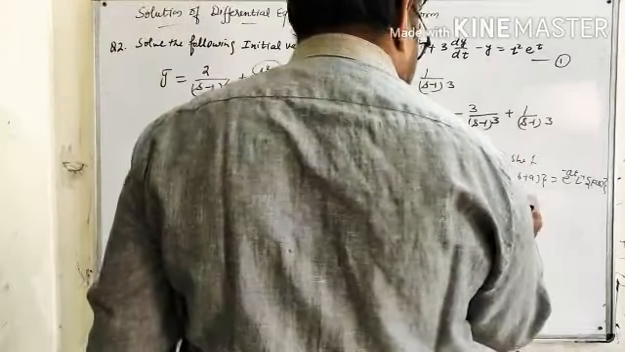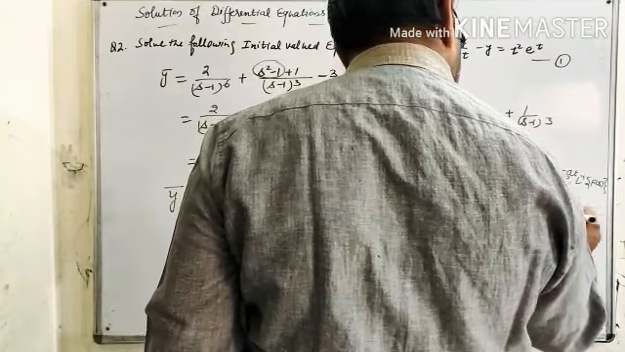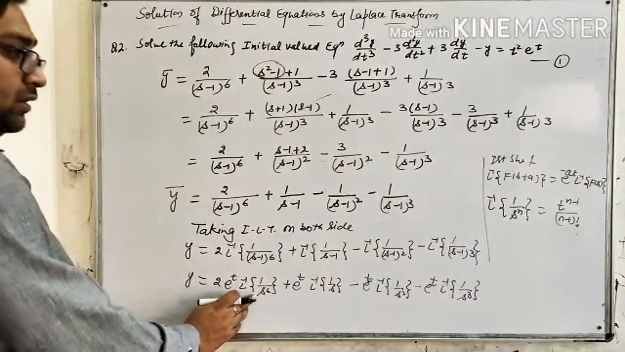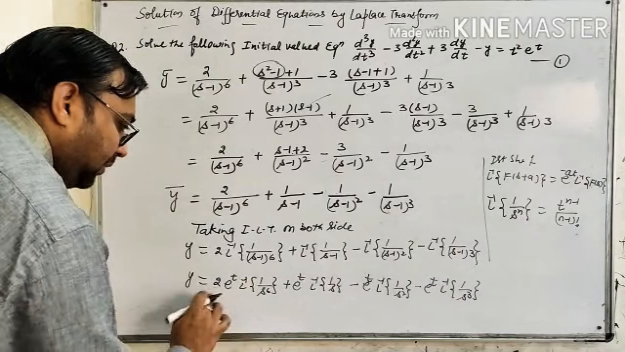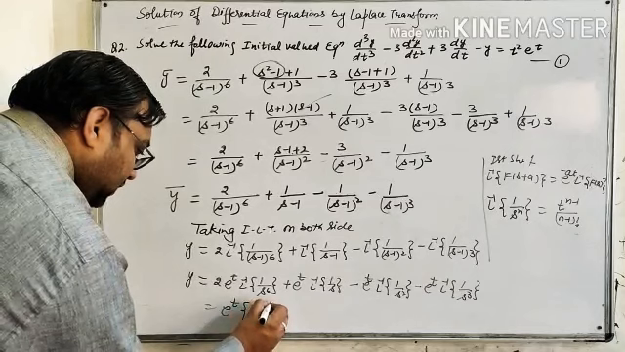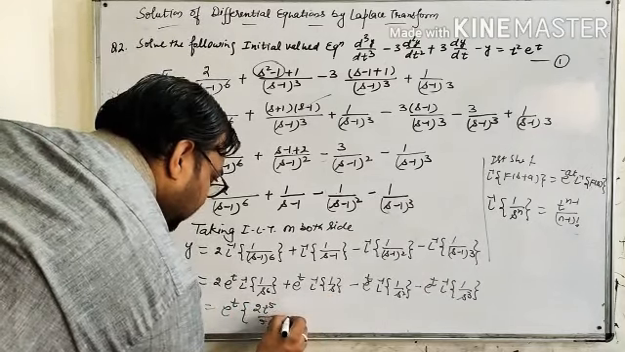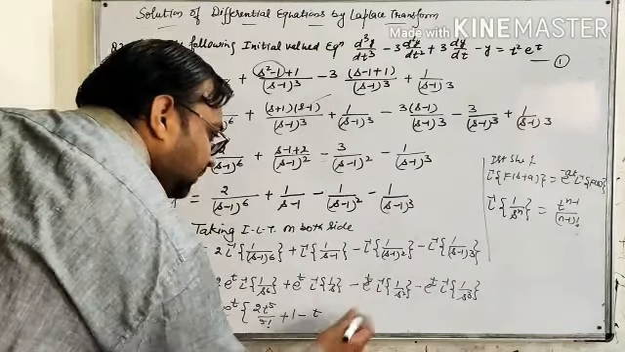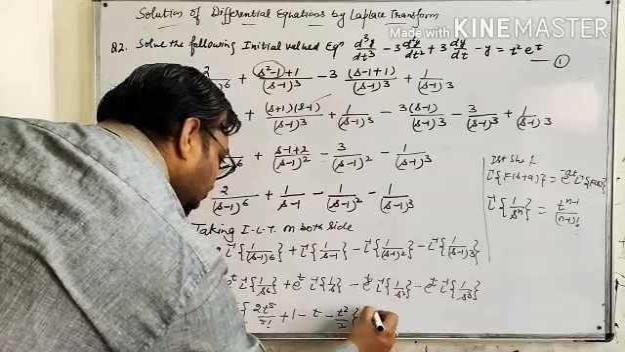So inverse Laplace of 1 upon s raised to power n is equal to t raised to power n minus 1 upon n minus 1 factorial. So this will convert into t raised to power 5 upon 5 factorial, and from the entire term we can take e raised to power t as common. So 2 t raised to power 5 upon 5 factorial. This will be 1, this will be t, and this will be t square upon 2,